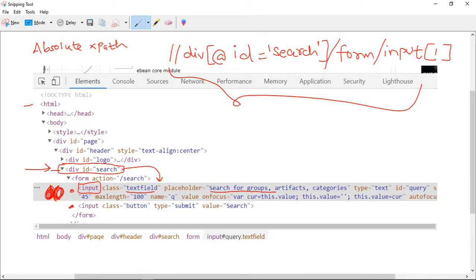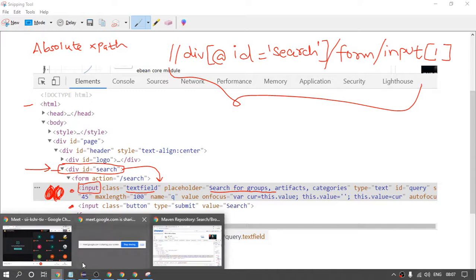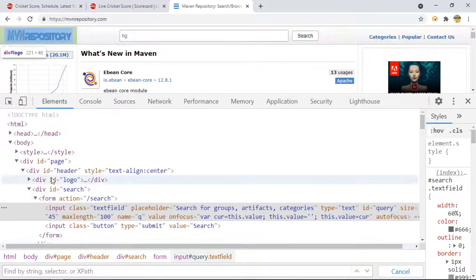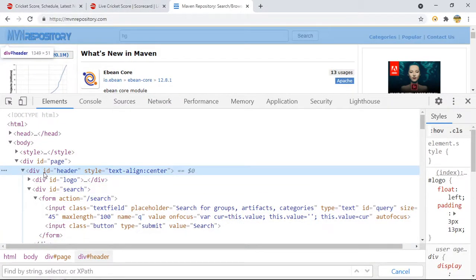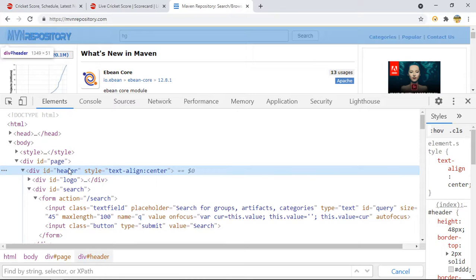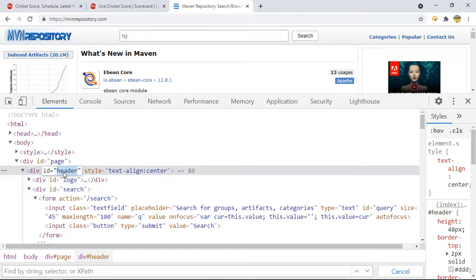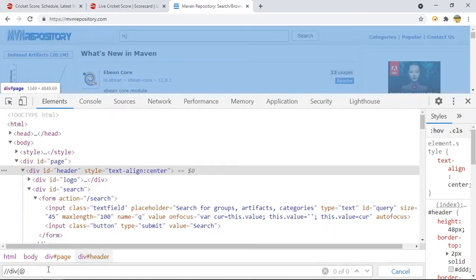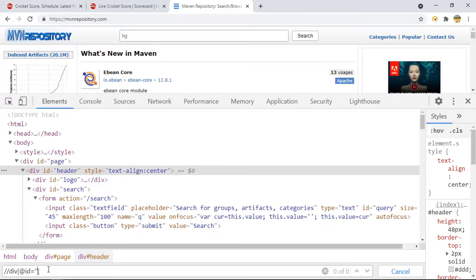Let us discuss this with the same thing written here. Or you can start from here, your choice. Suppose I know that these lines are also changing, but this is constant. So I will start from here, writing relative XPath div at the rate ID header.